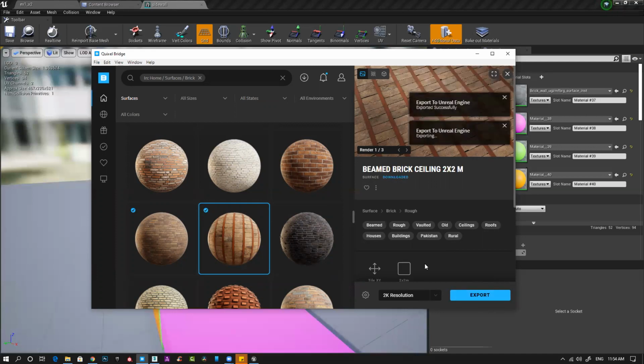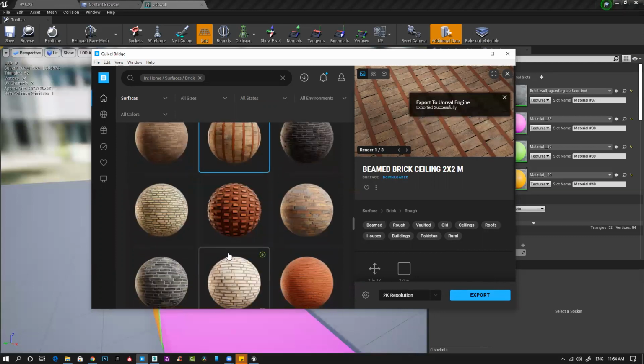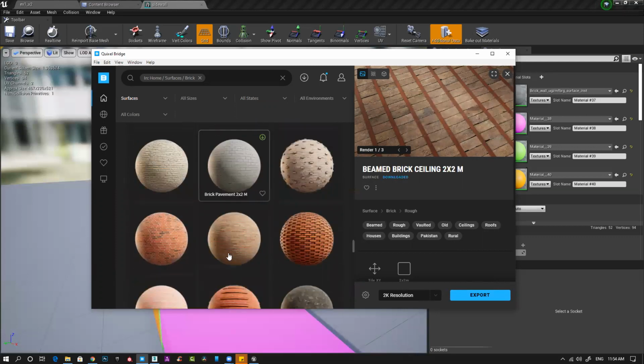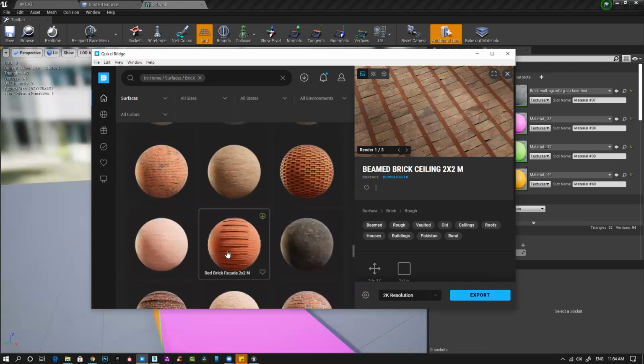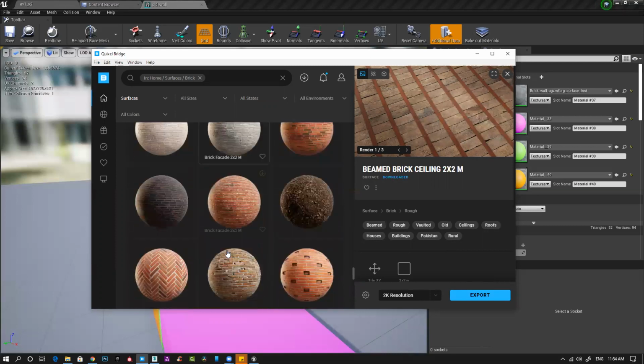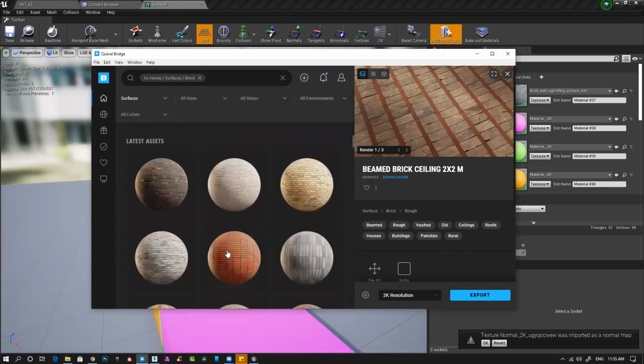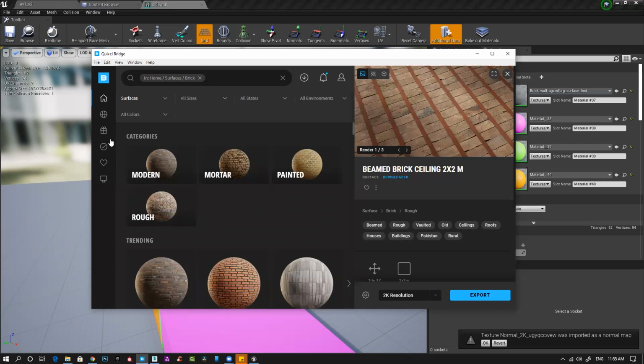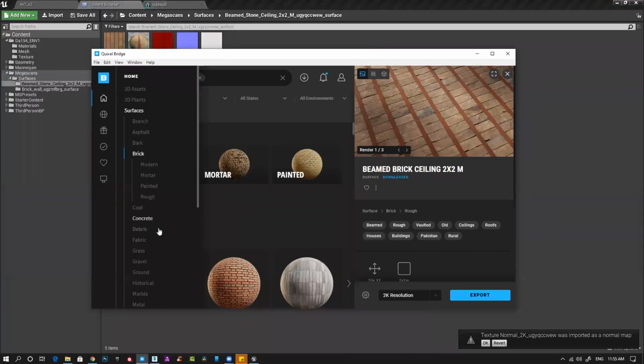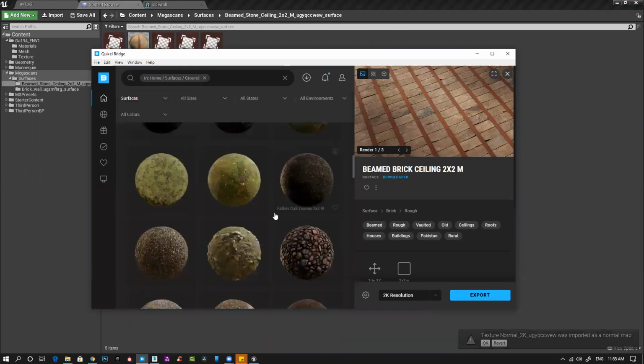Export. Then I need some nice flooring. Just importing modern painted surface, fabric, ground. We have ground and all kinds of stuff.